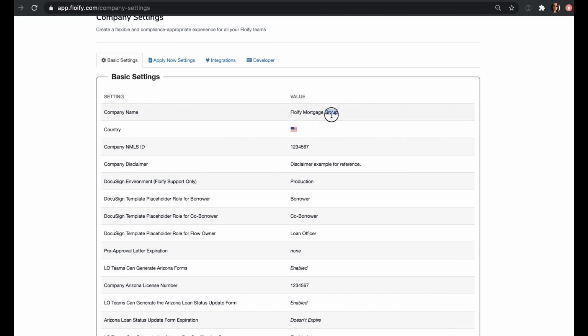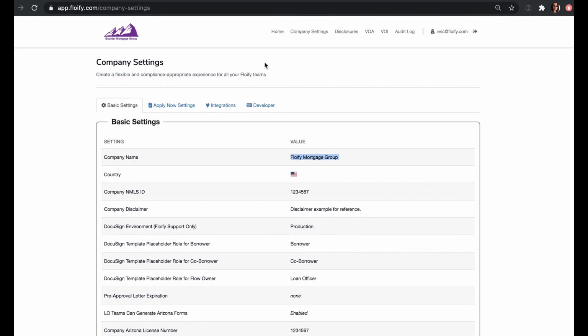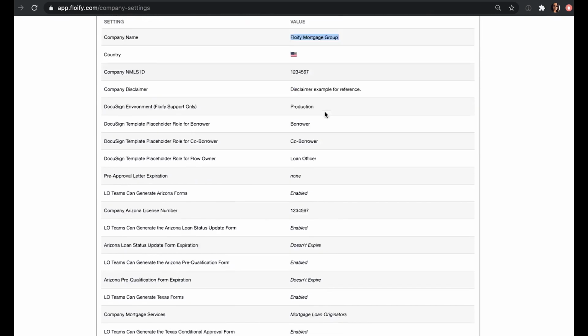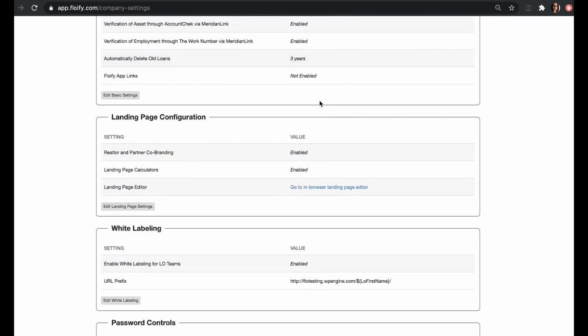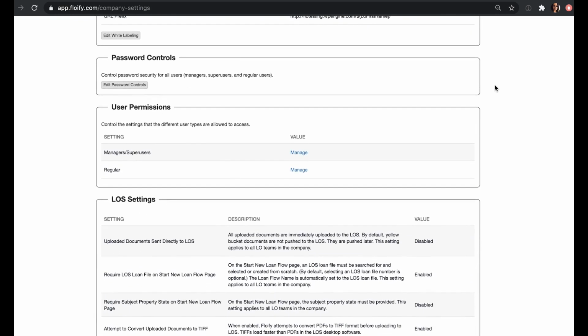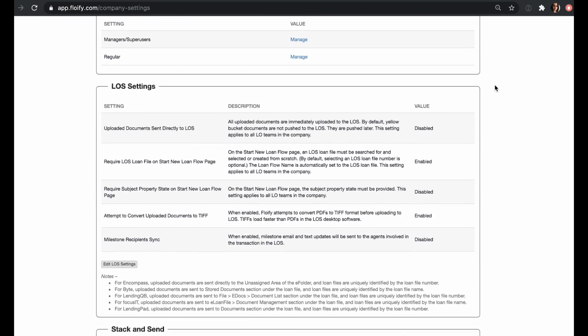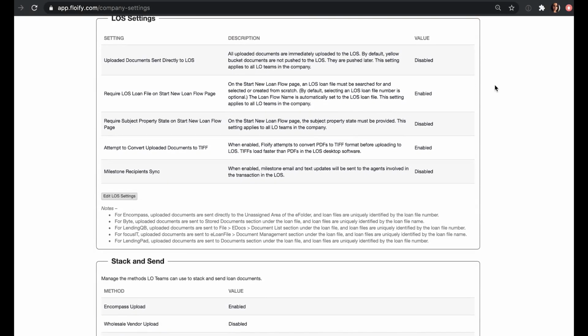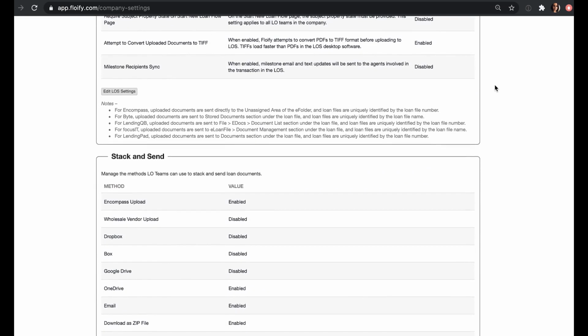So if I change the company name on this company dashboard, that's going to change it for every single team that's on my company. Same thing for NMLS. And some of these configurations here can be enabled on the company dashboard, but then will also need to be enabled at the team level as well. So if you're ever seeing that duplicate